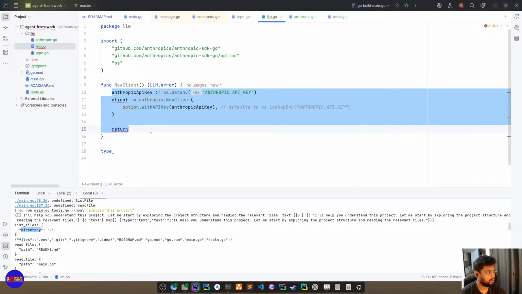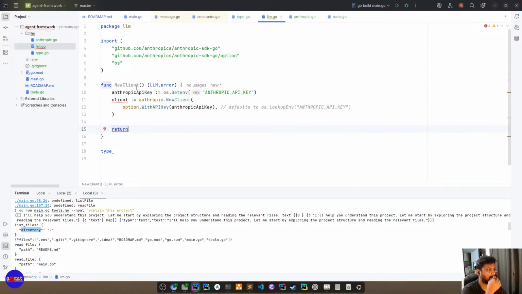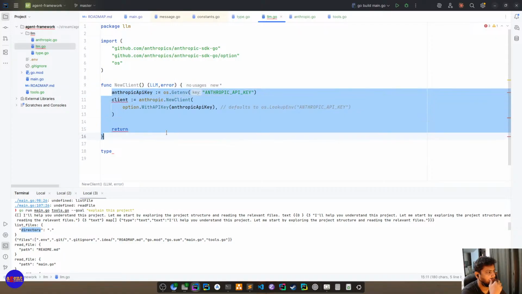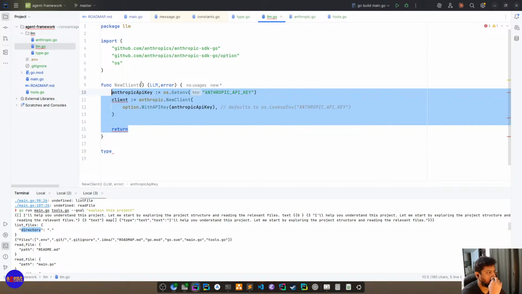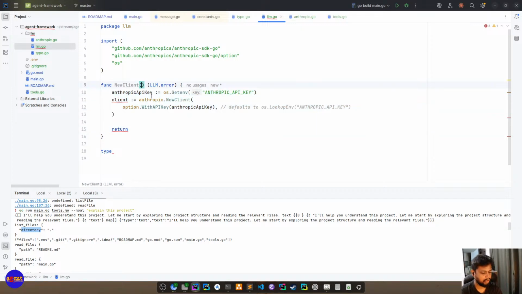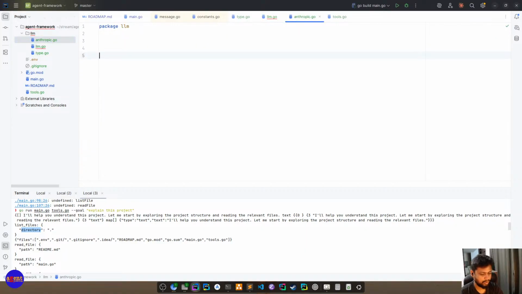The specific code should go to Anthropic. For now this is fine.